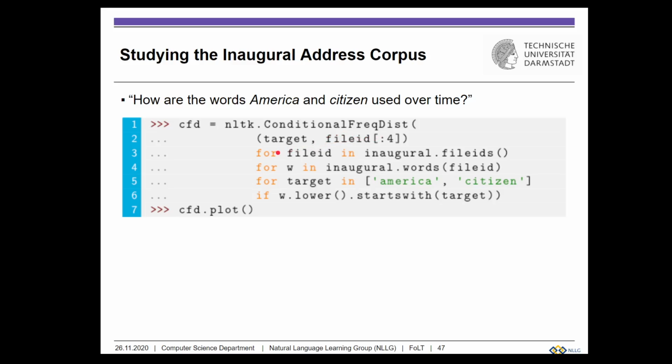How do we get the year? By iterating over all the files in the file IDs. Then we go over all the words in a specific file ID. And we check here. What this functionality is doing is, we lowercase the word